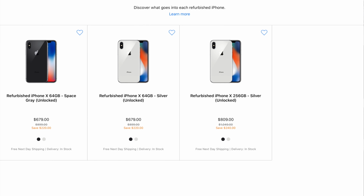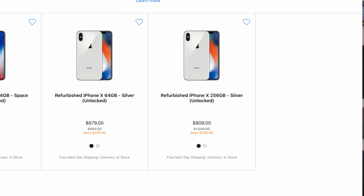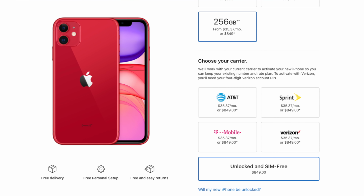From Apple directly, getting that certified refurbished, which of course has new glass, new battery, and all that, that only costs $809 to get the 256 gigs, whereas on the iPhone 11, if you want to get the 256 gig, you need to pay $850. So basically a little bit of difference there of $40 comparing the two, and I think for most people, the iPhone 11 is going to be a better option. Some of you may be really into displays and having the pixel density be really good, and maybe you just love stainless steel and you love smaller phones. So some of you may prefer the iPhone 10, but I think majority of the time the iPhone 11